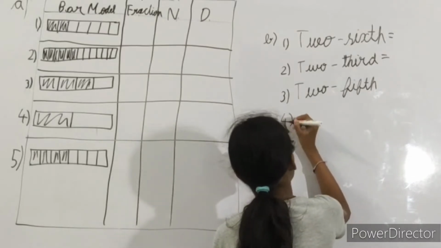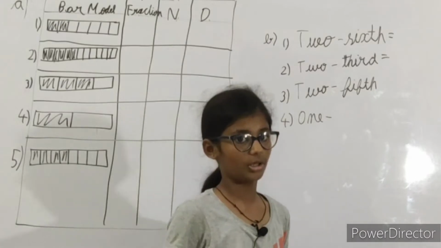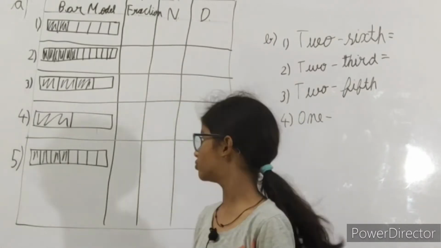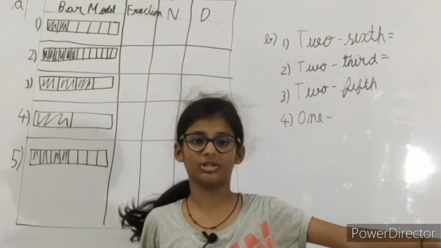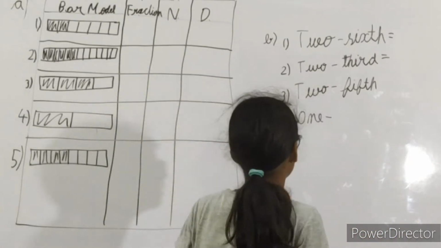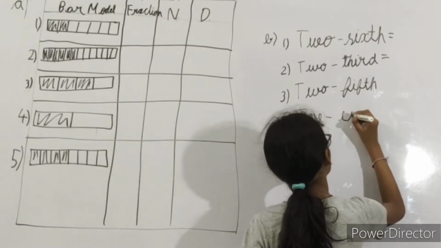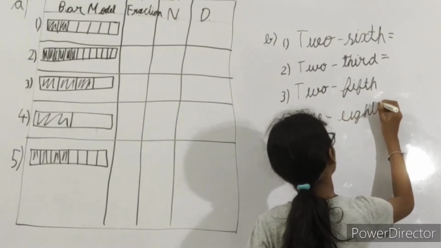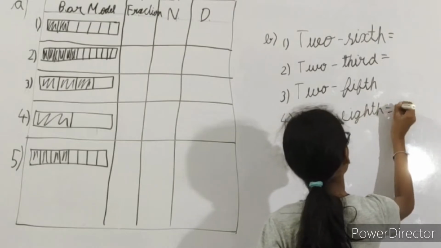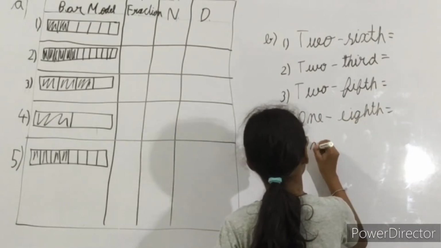Then the fourth one would be. See, don't you dare to tell that I am cheating these questions from this. I'm making my own questions in my mind and giving you. Then the fifth one would be